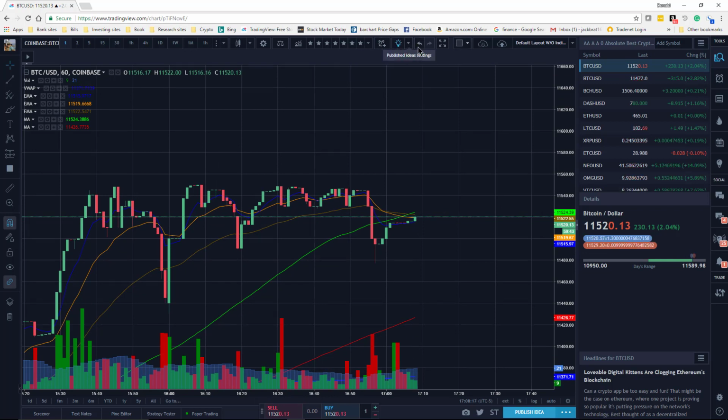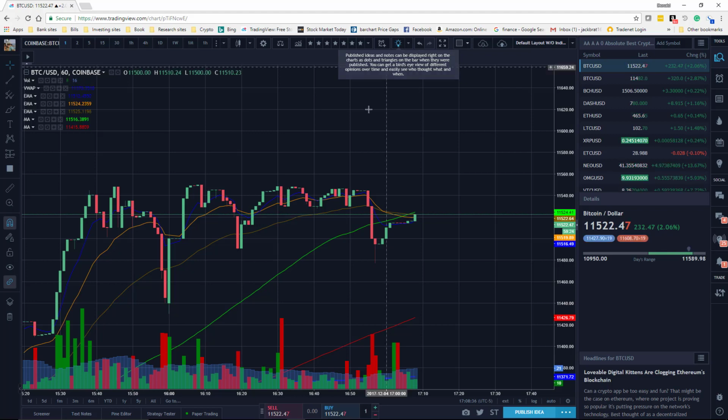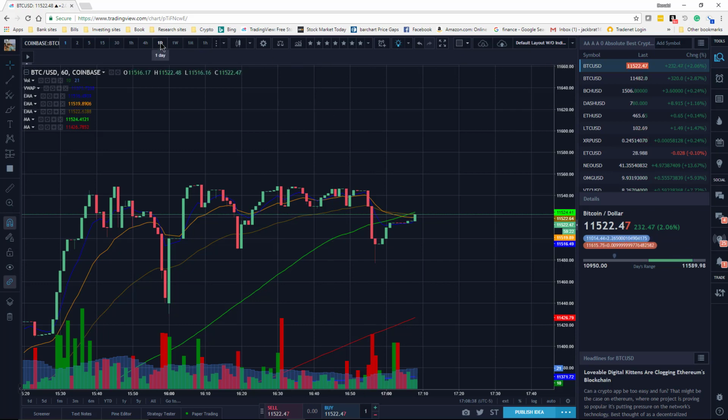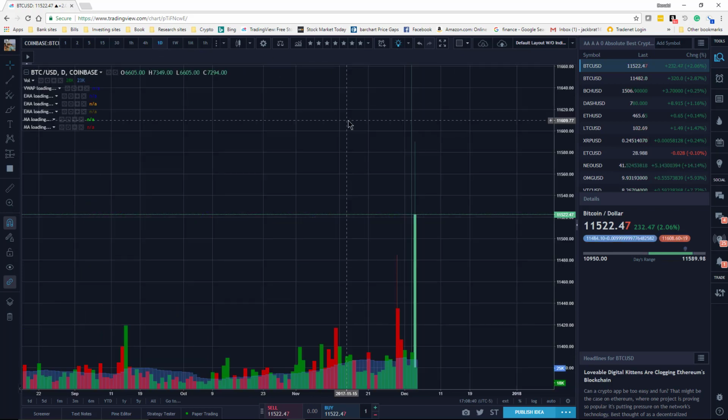And going across here, continuing, this is another place where you can create alerts. You can click on here and create alerts. There's this little, looks like a light bulb. That's for published ideas. You can have them displayed on your chart or not. Like if I go to the day, I can just show you real quick. If I go to the daily candles,